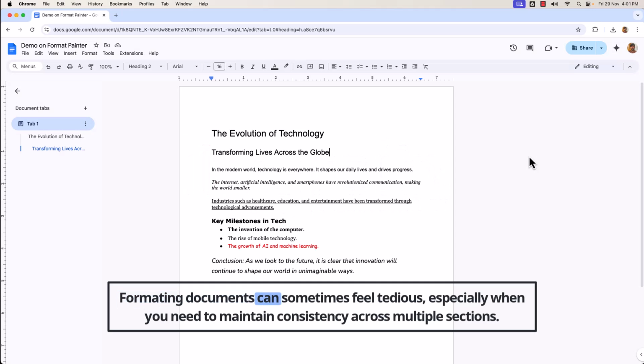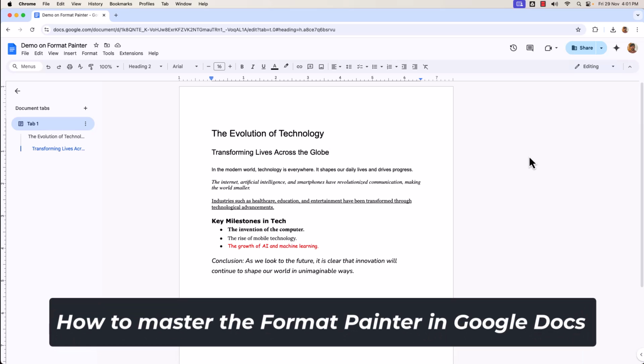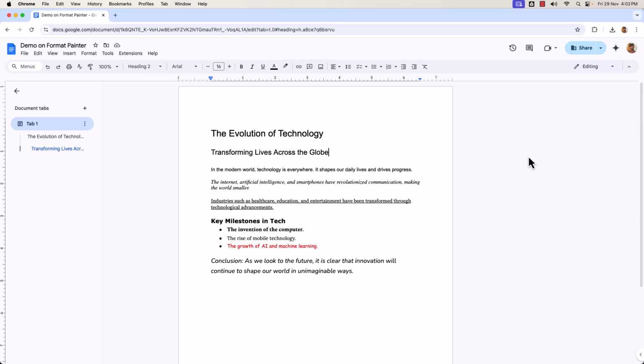Formatting documents can sometimes feel tedious, especially when you need to maintain consistency across multiple sections. Today, I'll show you how to master the Format Painter in Google Docs, which can make your formatting tasks super efficient. Let's dive in. As you can see, I have received a document that I need to change the formatting,